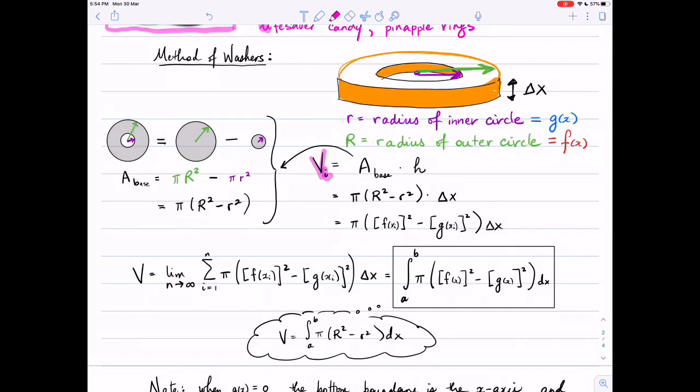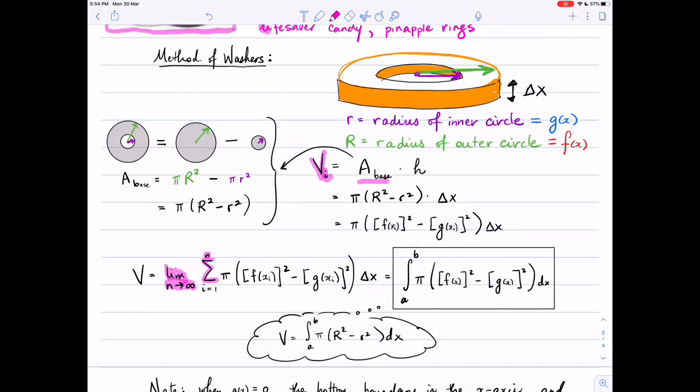It's then going to add up all the washers so that you have n washers, and finally it will let n go to infinity to give us an exact area, so exact volume. So what we want to do first of all is just get a handle on the volume of a single washer, and this is still a straight-sided three-dimensional object, and so the volume of the single washer is now the